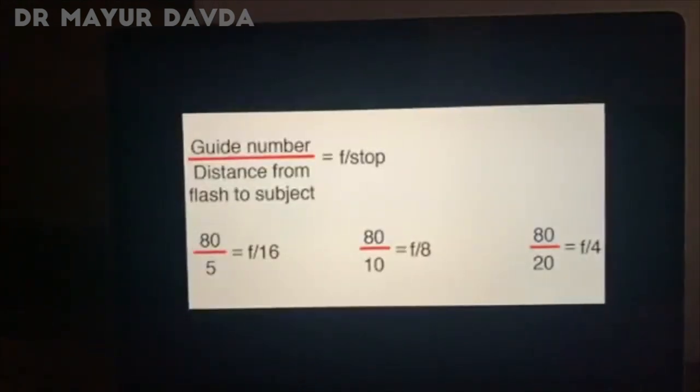This is very important for us to understand, because we take basically two types of pictures in dental photography and documentation. One of them is intraoral photography, and the other is extraoral photography. In extraoral photography, we need to record the full face of the patient, and we have to stand quite far from the patient, around 5 meters away. So obviously, if we keep this formula into consideration, if we move away from the patient, I have to compromise on my f number. So here is a small trick for all of you to remember.